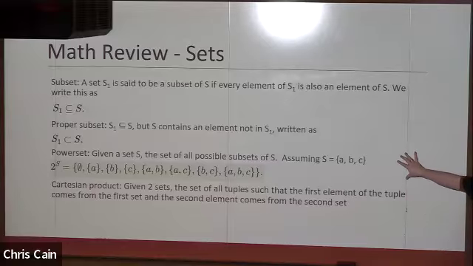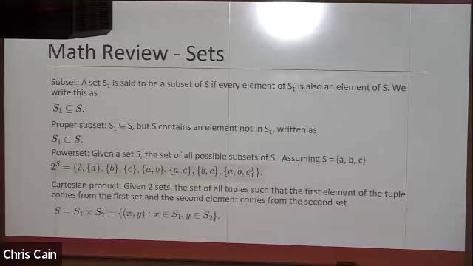So past a power set, we can look at a Cartesian product. A Cartesian product is taken over two sets, and returns the set of tuples such that the first element of that tuple comes from the first set and the second element of that tuple comes from the second set. So if we want to do exactly the same thing, or close to it, where we have S1 and S2,